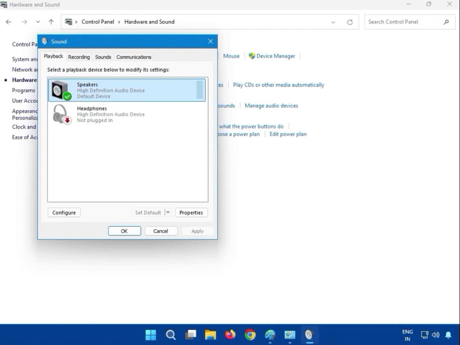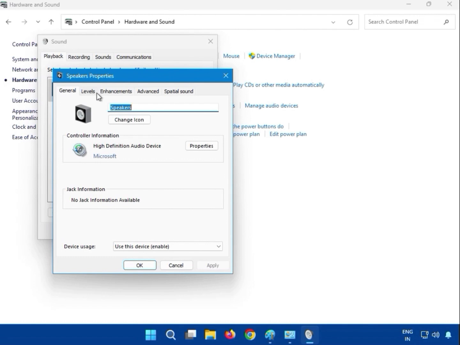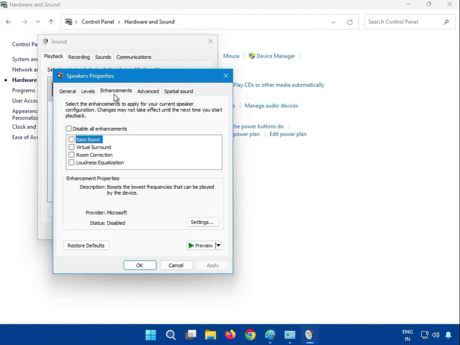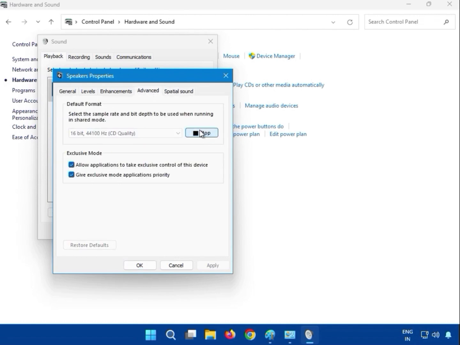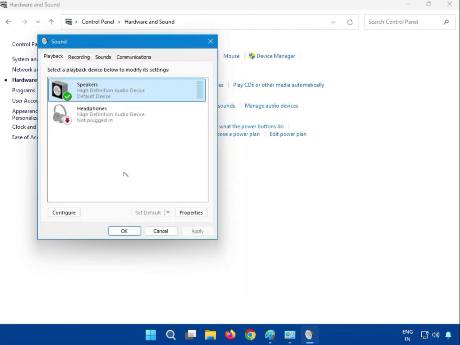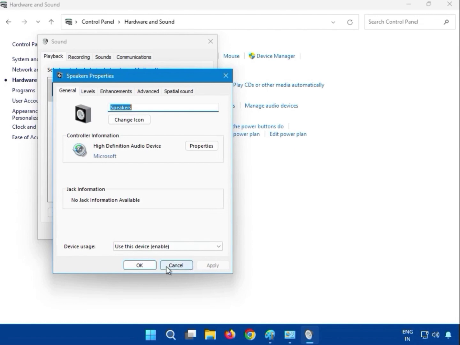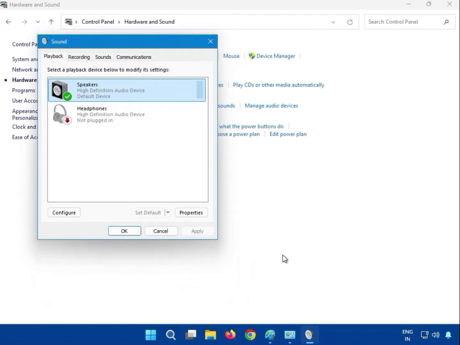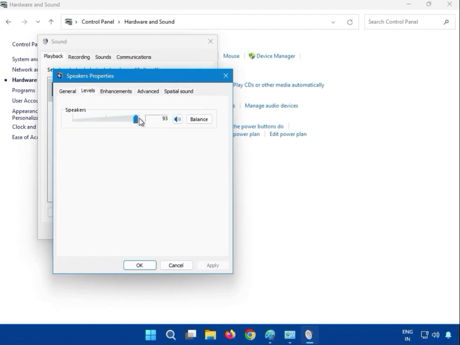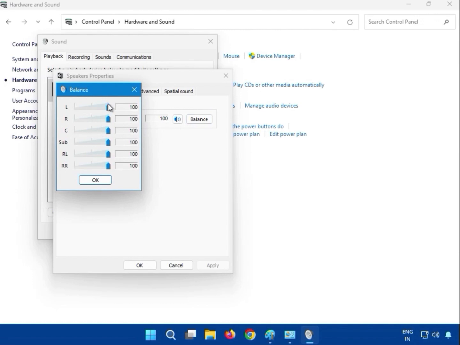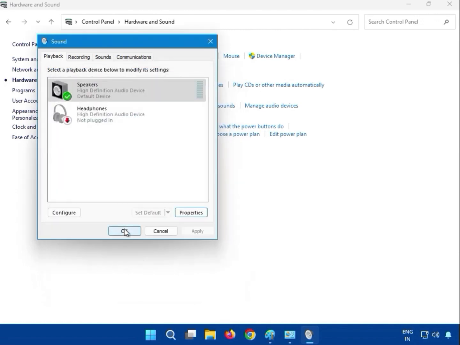Okay, then just double click and click to, you can see here like that. Okay, click Properties. So guys, select the level 100%. Okay, and you can see here balance on 100%. Okay, and then OK, and then OK,